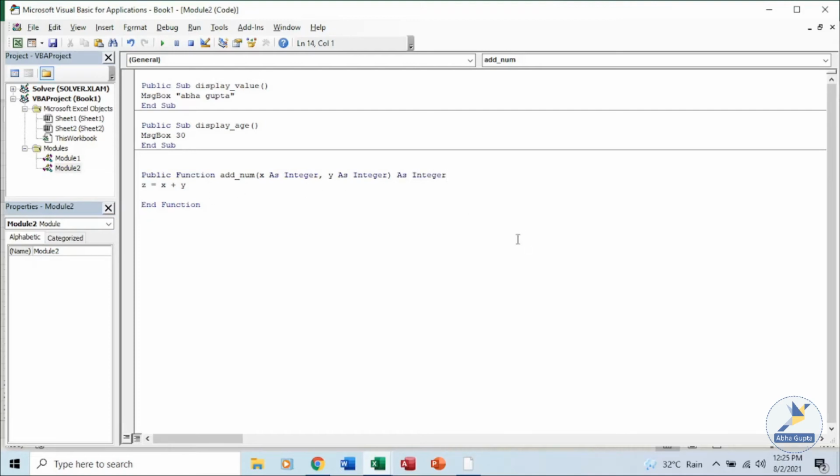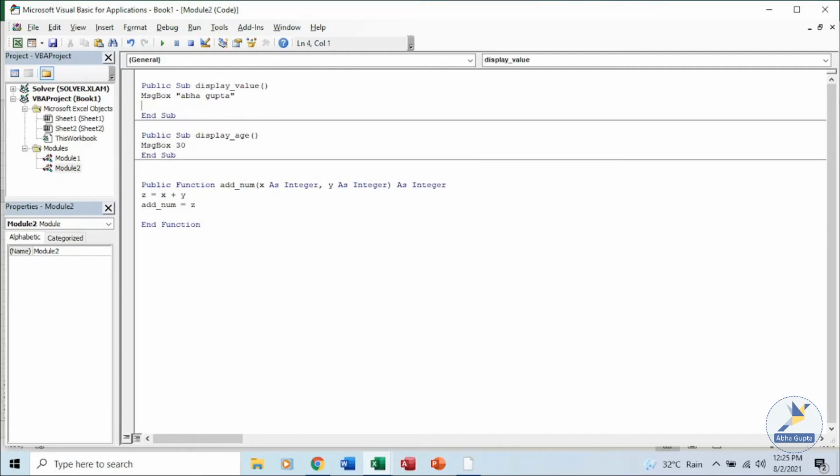Now when we are returning a value, you have to write the name of the function, that my function is returning this particular value. The name of my function is add num and it is returning z to some other function. Let's call this function over here in display value. We will run display value and see how it can be called.